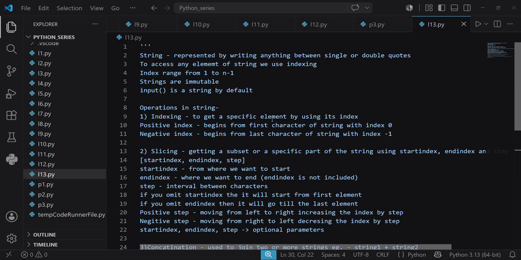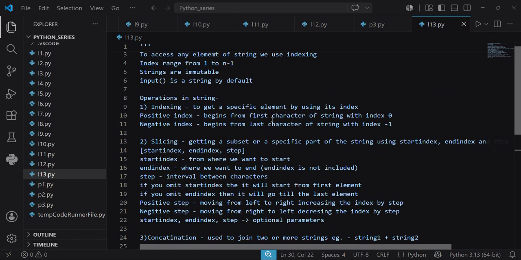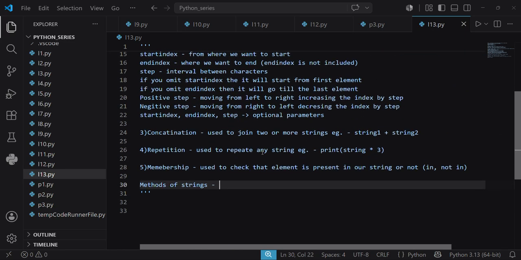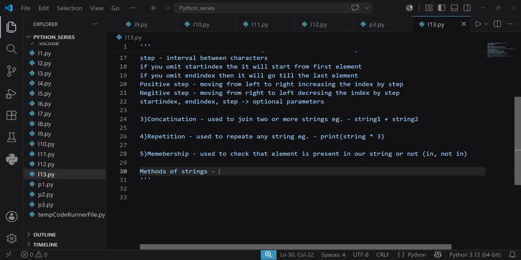In the previous lecture we learned about strings and the operations we perform on strings. Today we are going to learn methods of string. There are many different types of methods we use on strings to modify a string according to whatever task we want to perform. So basically, why do we use string methods? String methods are basically